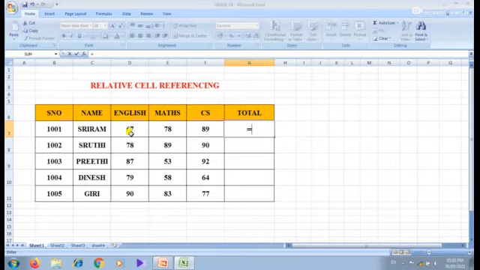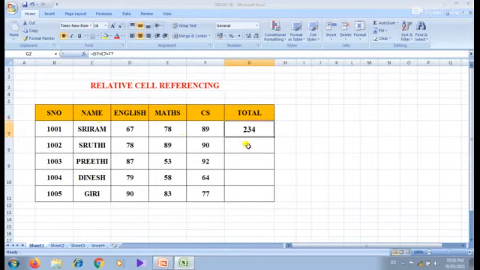Then you have to choose the cells. Which three subjects' marks are you going to add? You have to choose these three cells, because the marks are entered in these cells. That is D7, then E7, then F7. So first press cell D7 plus, then E7 plus, then F7. Okay, after that we press the enter key. We will get the total marks of these three subjects.